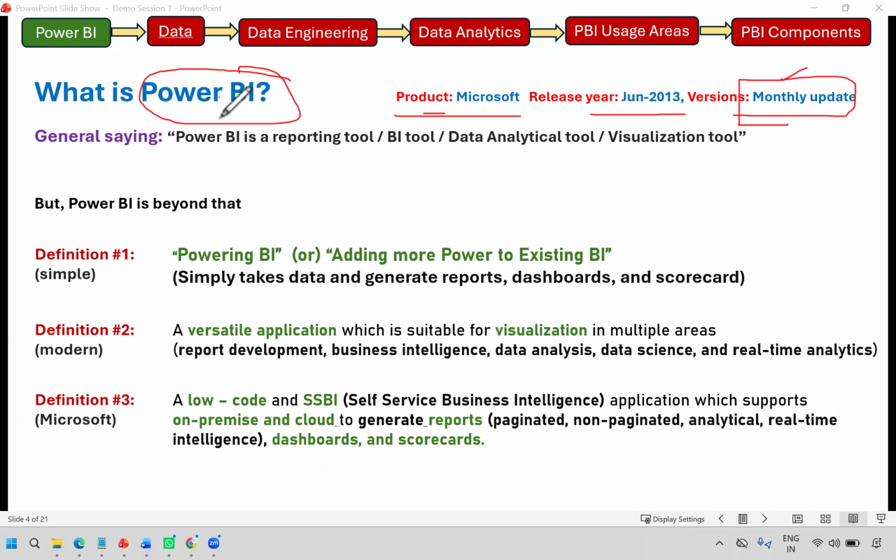Generally people say Power BI is a reporting tool, business intelligence tool, data analytical tool, or a visualization tool. Generally people say. But Power BI is far beyond that. So, simply, the Power BI definition: powering BI,